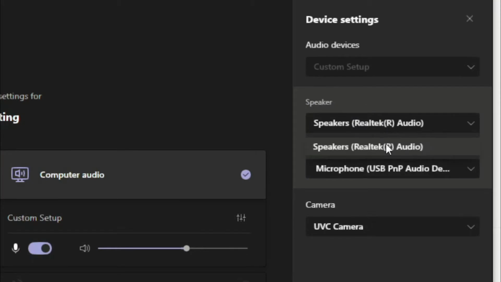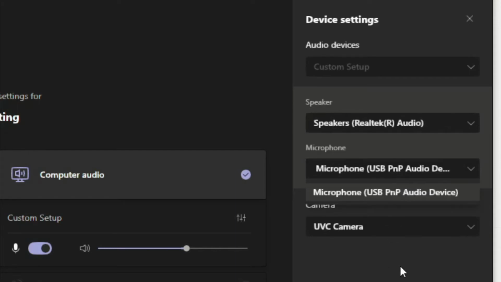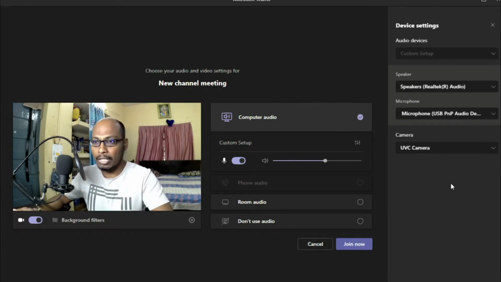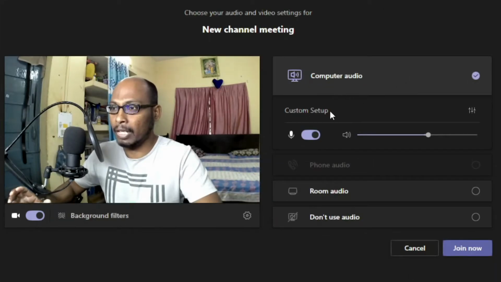You can select one out of those according to your convenience. And microphones also, I am using only one input here for audio. If you have a headset, then you can change according to your need. And camera also, if you have multiple cameras, you can select which camera you want to use in the Microsoft Teams meeting. So this is about the computer audio setup and custom setup.